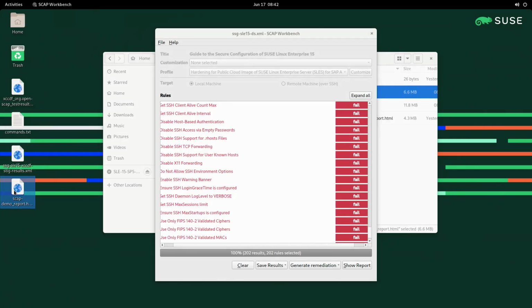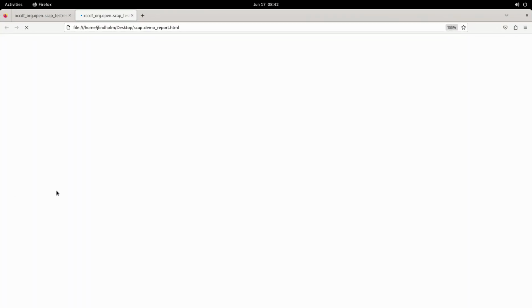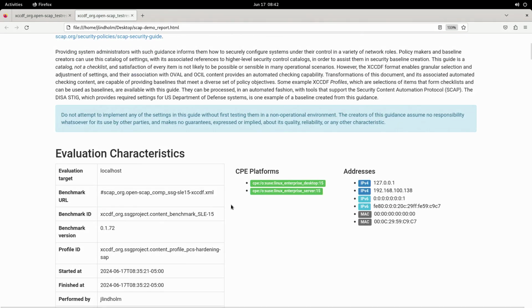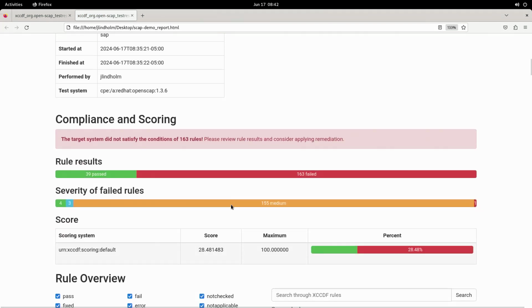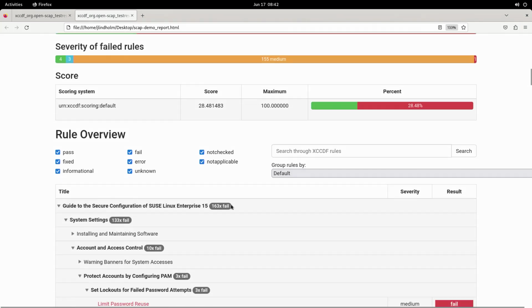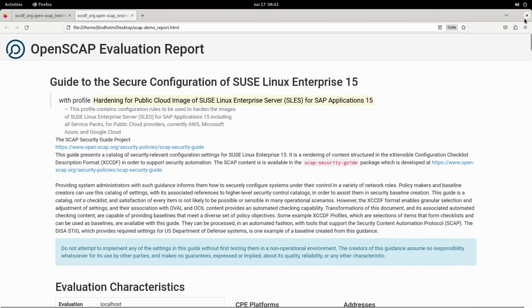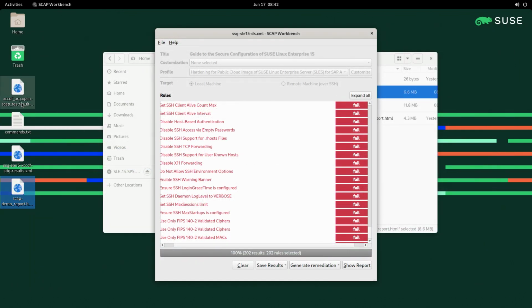So if you look at the SCAP demo report, the other thing I wanted to come back and show you was looking at the public cloud instance. This is the output for the instance that we just finished up. If we come back and we look at the example for the public cloud,